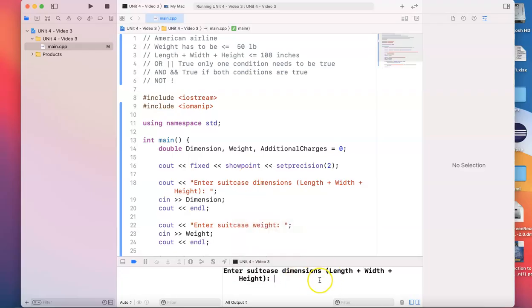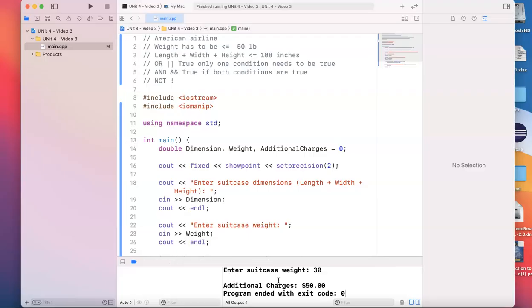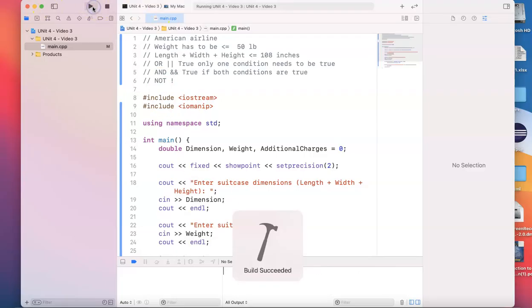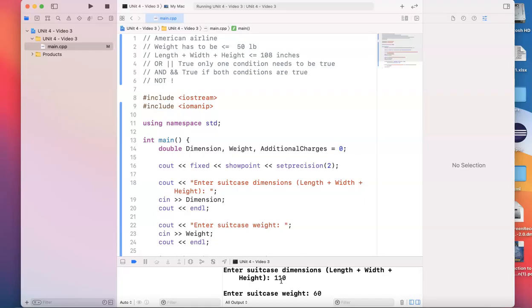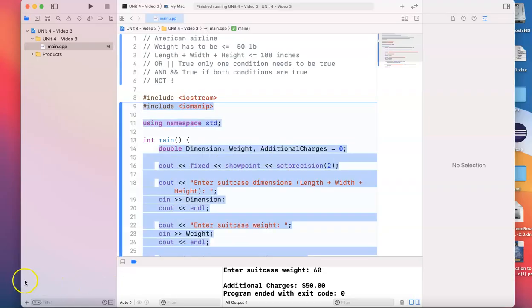The suitcase was really massive, like 200, but it was full of styrofoam cups. It doesn't weigh that much, 30 pounds. You're still going to charge 50. Run it. And if they both, the suitcase was 110 and it weighed 60 pounds, you're still going to charge 50. We're not charging you 50 for each one. And the program did what it's supposed to do. So that's how you handle compound statements. If they only charge you if both are true, then you put AND here. But in this case,